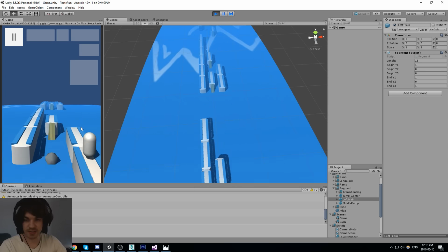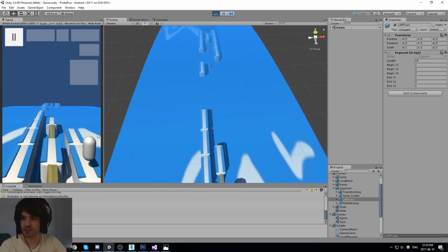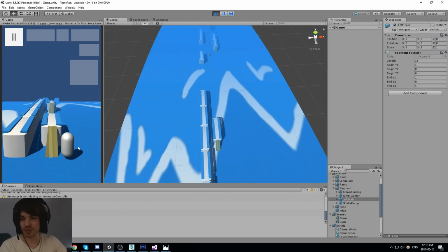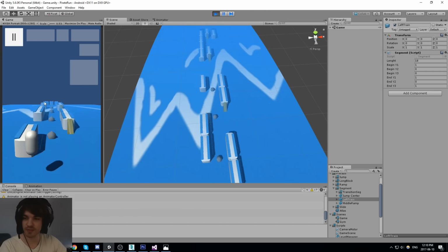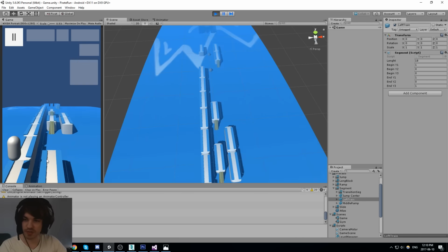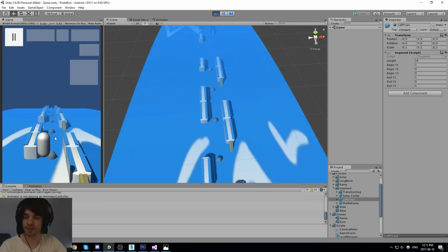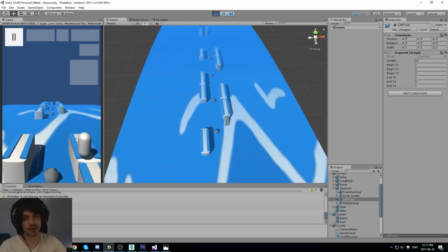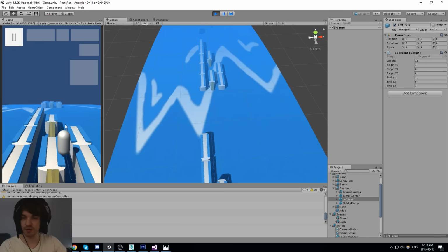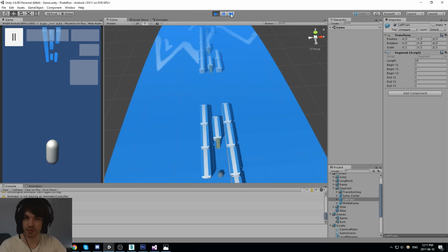Also, the fog isn't set properly, or it is, but we don't have enough fog. Sorry, skybox. A lot of keywords I can't get right. Jump is definitely too high. You don't want to be able to jump on the train like this. That's weird, but we'll have to modify that, of course, when we tweak this a little bit more. Need a lot more segments so it's not always repeating itself. And we'll need to add coins, power ups, boom, all that kind of stuff can be done fairly soon because now we have our spawning system, which is good.